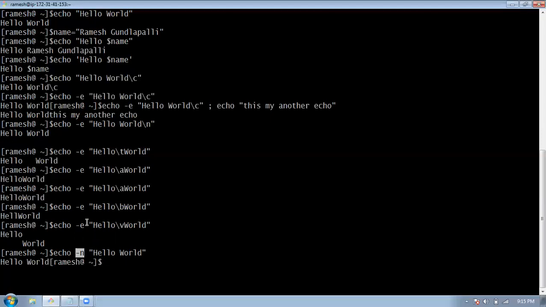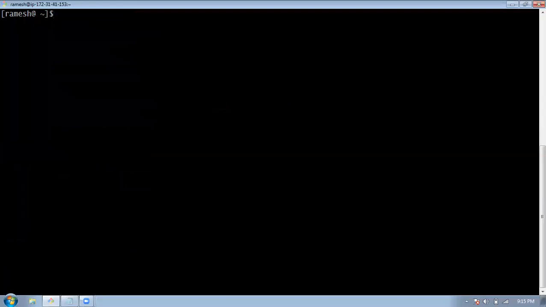So these are the various options that you can use inside the echo command. And also we have seen how to use variables to print. There is one more difference. When I'm doing echo, I'm just trying to print some message with multiple spaces, but this content is not in any quotes. Now we'll see how it works.